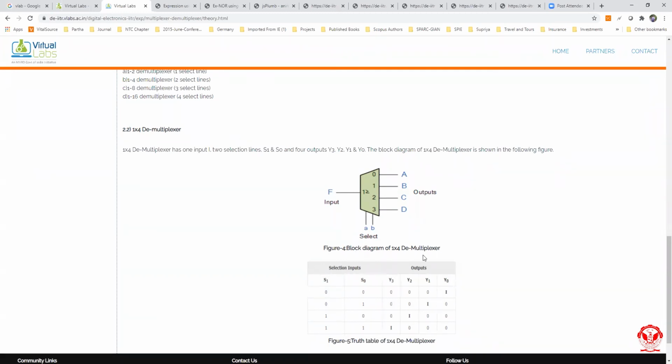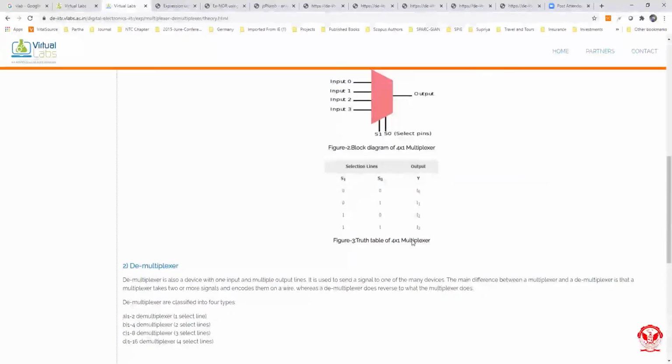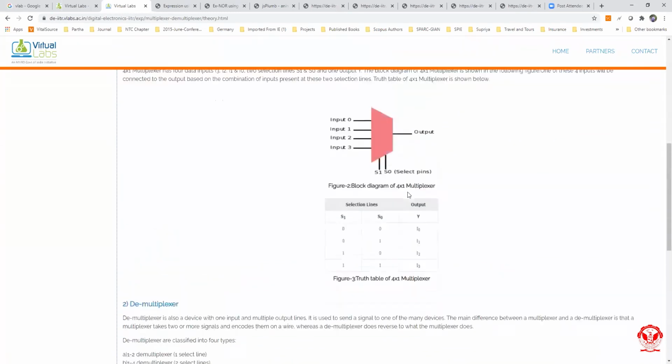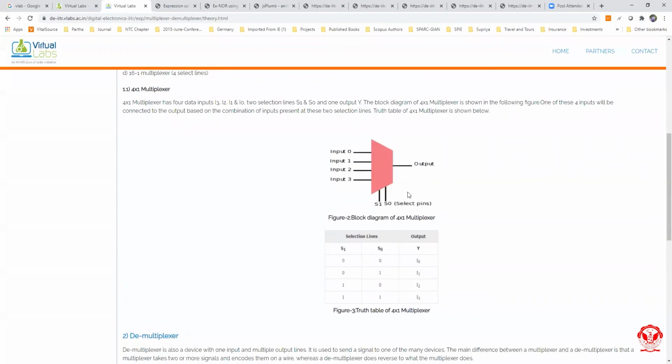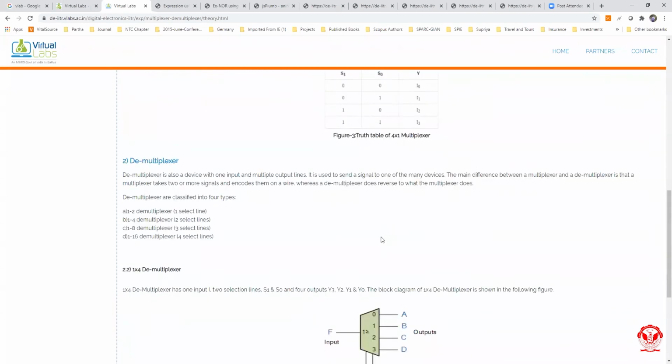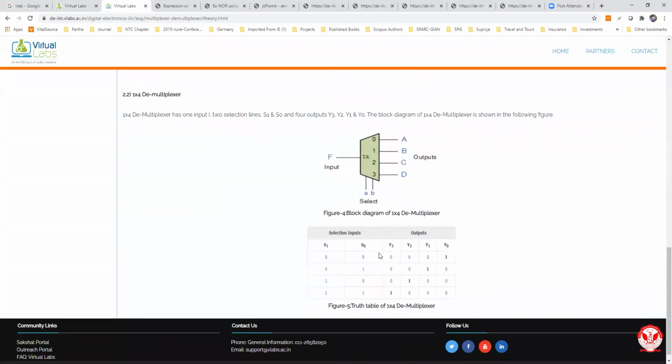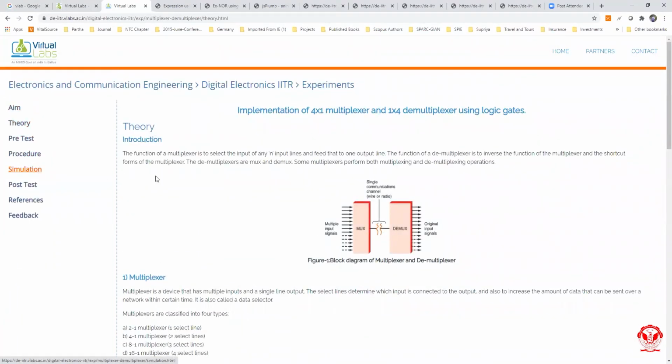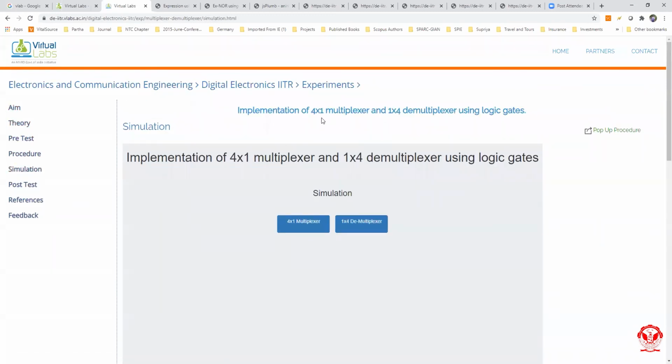That is the main difference: a multiplexer takes 2 or more input signals and encodes them into one output signal, whereas a demultiplexer does the reverse of what the multiplexer does. Okay, now directly coming to the simulation part. There are 2 simulations we have to perform: 4x1 multiplexer and 1x4 demultiplexer.